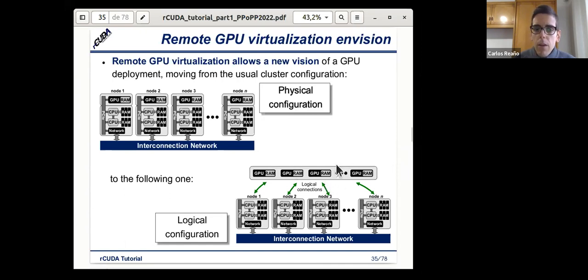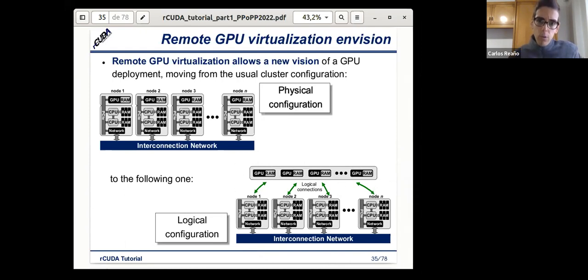I'm referring to the image at the bottom right of the slide. We can see that we have different nodes interconnected by a network, but now virtually, logically, they can access all the GPUs in the cluster.